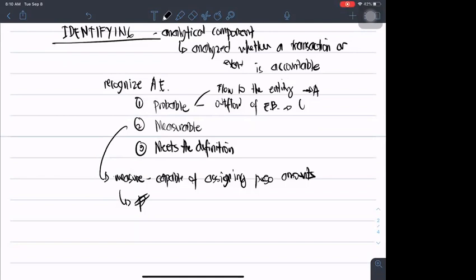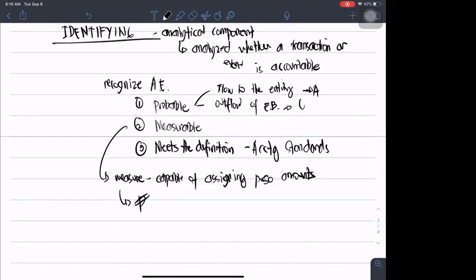Lastly, it meets the definition. This is a definition provided by your accounting standards. Later on, you will learn what your accounting standards are. Whenever we say it meets the definition based on your accounting standards, this is important because